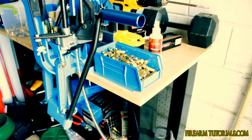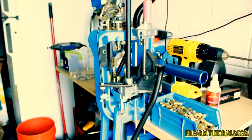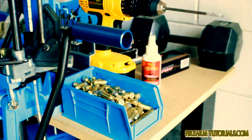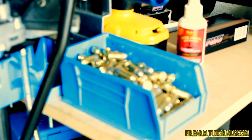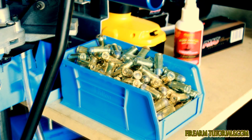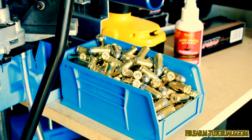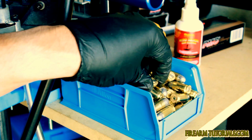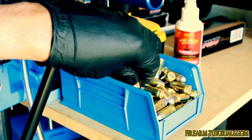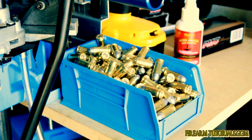But that's pretty much it, guys. So that's the Dillon 650 in action. See all those rounds I just loaded up here today. I've only been doing this for about 25 minutes. So, alright, we're just about at capacity as far as this box goes, and at this point I'm just going to